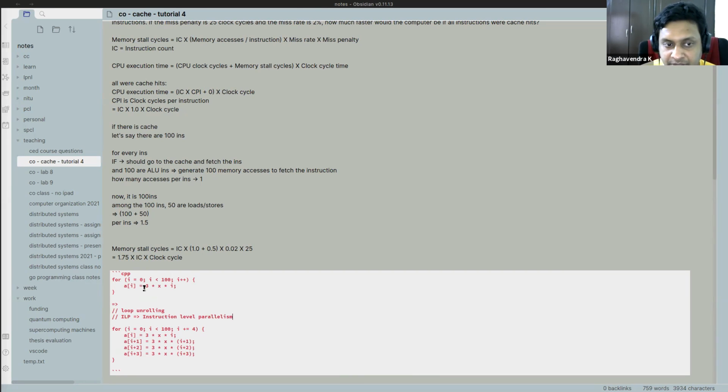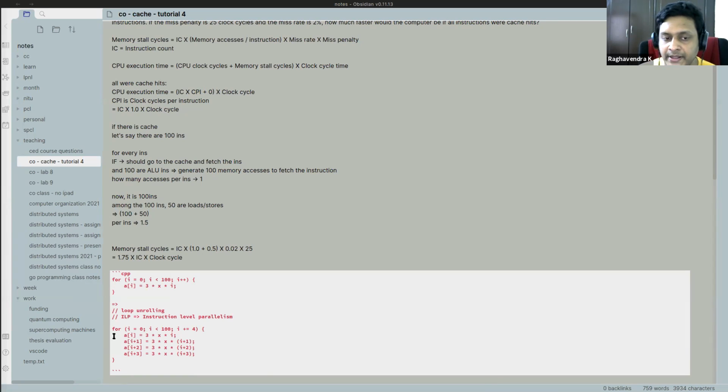But whereas if I give just this for loop, the problem is that there is a dependent instruction. What is that? There is a hazard. What is the hazard? The hazard is a control hazard, right? Because every instruction, after one instruction, is dependent on the branch instruction. So I am doing loop unrolling. Is this clear till now for everybody? So can we go forward?